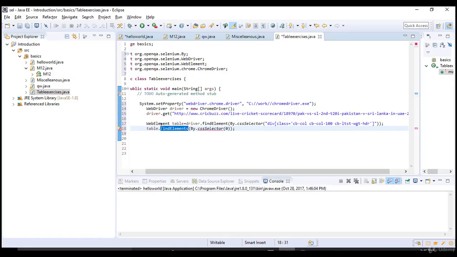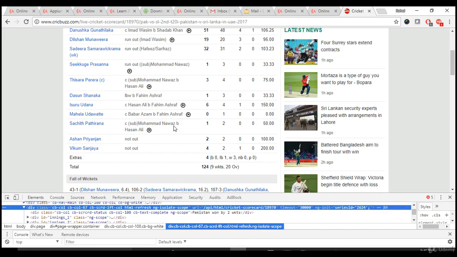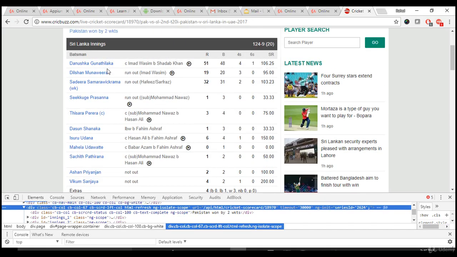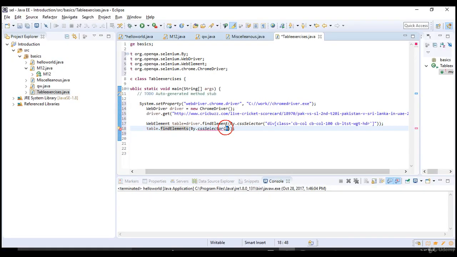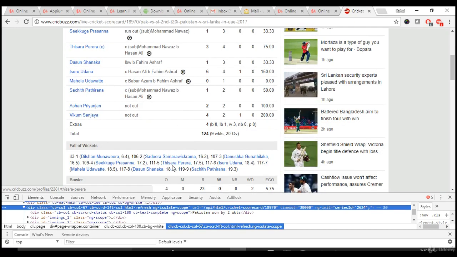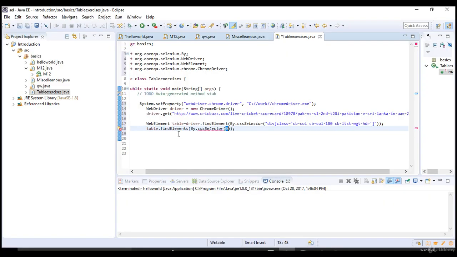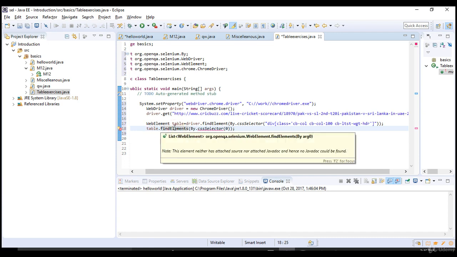So when I say table dot find elements, my WebDriver script will check only inside this table for the CSS I provide. Okay, it will not go out of the table. So that means scope of our searching is restricted to only table if I give table dot find elements.